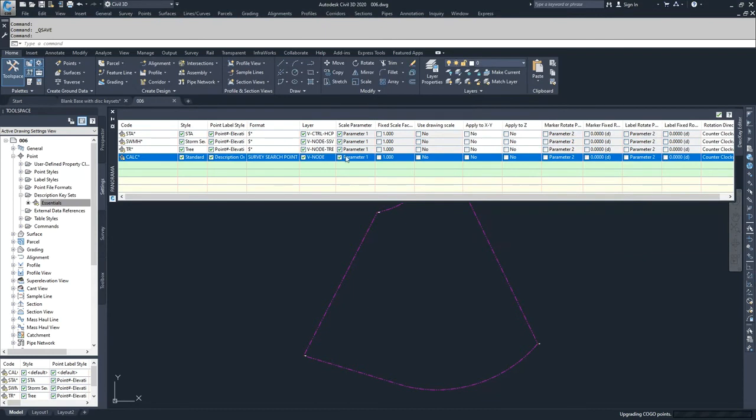And then I'm going to leave all of my scale parameters and rotation parameters as they currently exist. As you can see, it could take a long time to create a description key set for many points that are inside of a drawing. So if you have a description key in a drawing that you want to port over to this drawing, you